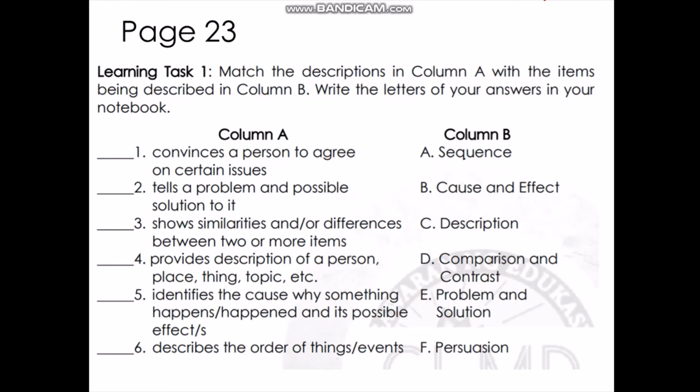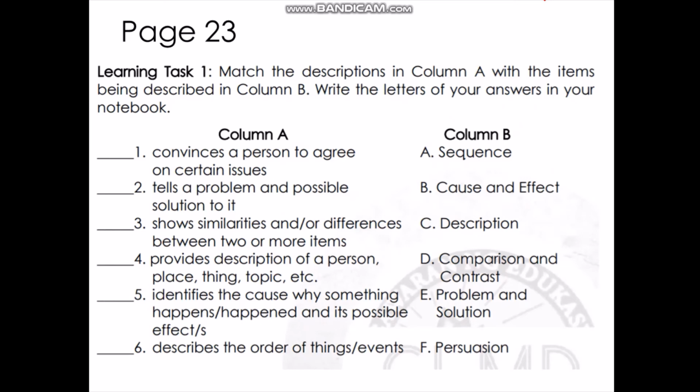Number 3, it shows similarities and differences between 2 or more items. Number 4, it provides description of a person, place, thing, topic, etc. Is it letter A, sequence, B, cause and effect, C, description, D, comparison and contrast, E, problem and solution, or